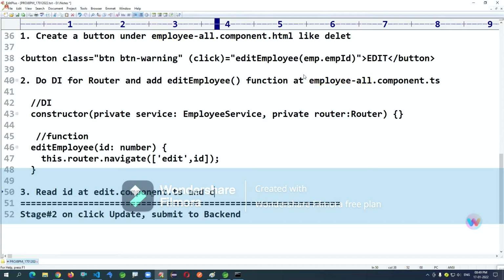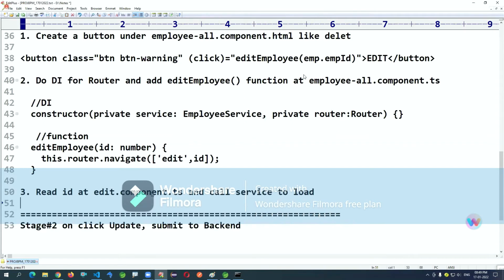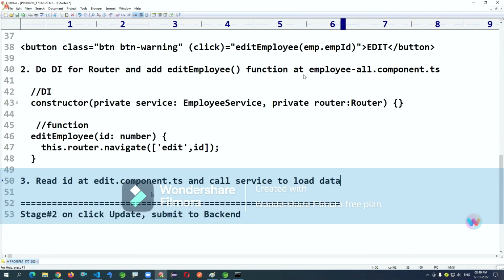Call service to load data into form object.